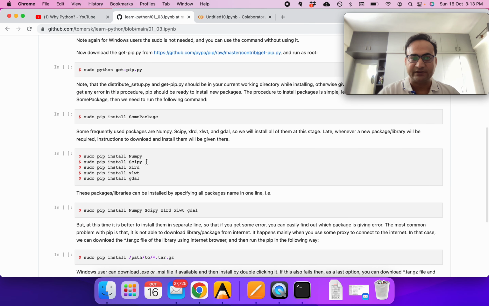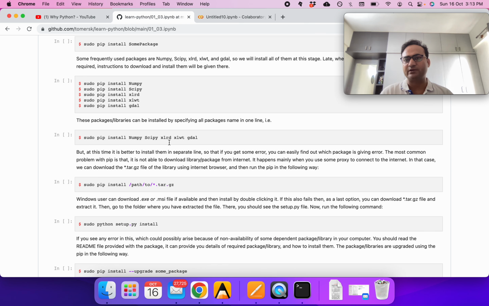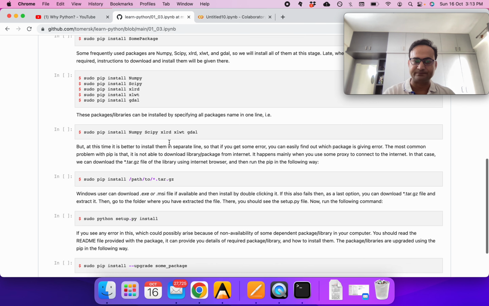These are the commonly used libraries. We use Numerical Python in most of data science, and SciPy, which is short for Scientific Python. xlrd and xlwt are useful libraries for reading XLS or Excel files and writing Excel files, which we commonly use, typically not so much on the server. It's difficult to edit these files from the terminal, but we use them. Then the GDAL library is very useful for the processing of satellite data. So all these libraries you can install, and as and when we require a new library we will download it and start using it.